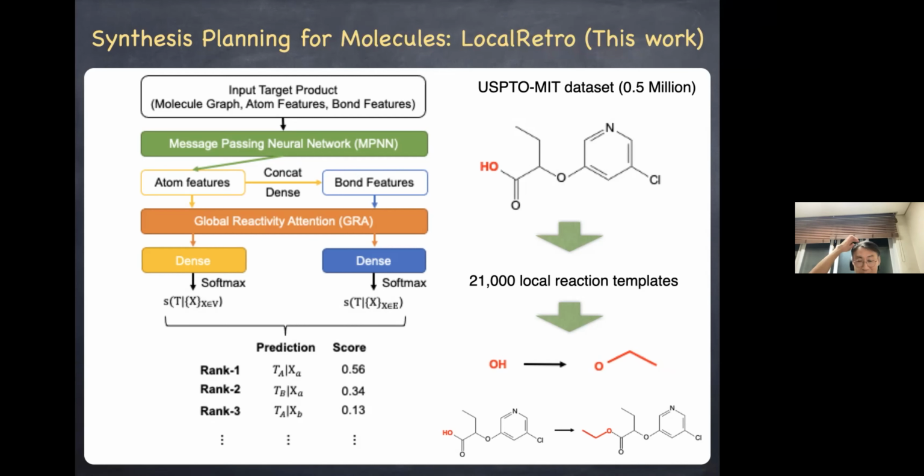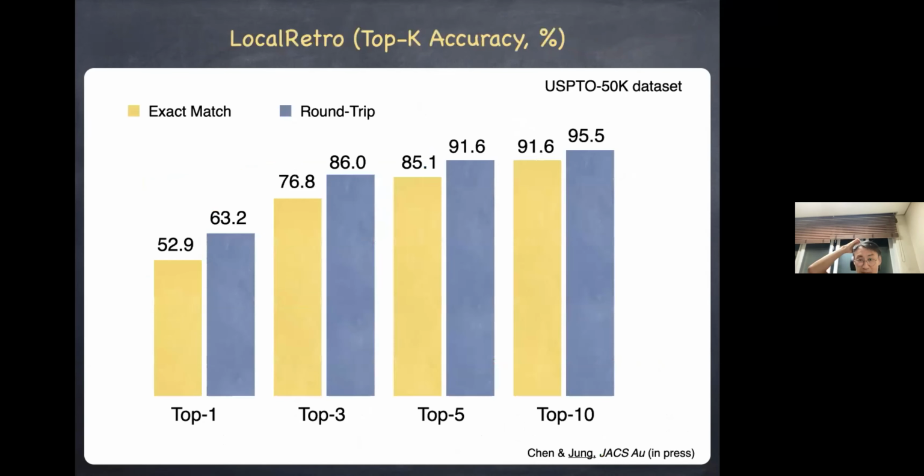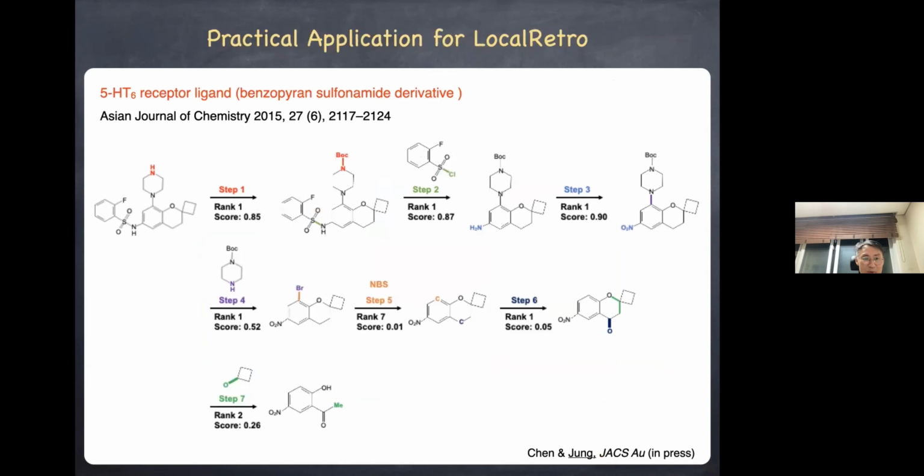You will have a ranking system, and the scores give you the reactions with different priority. We get about 85 to 92% top-5 accuracy. This means that about 90% of the time, the correct reaction pathway will be within the rank 5 predictions. And for example, this is a compound.